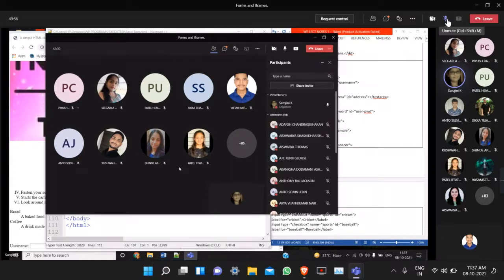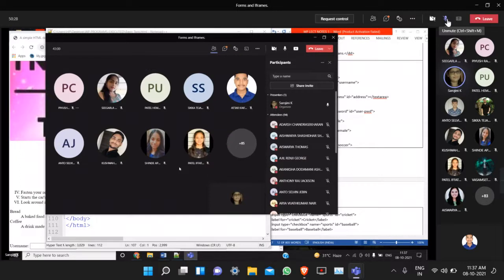If you try to select more than one option using a radio button, what will happen? For example, you selected female and then you try to select male. The moment you click male, the previous selection will be deselected. Currently, any one of the options only it will allow you to select. Okay, that is a radio button.